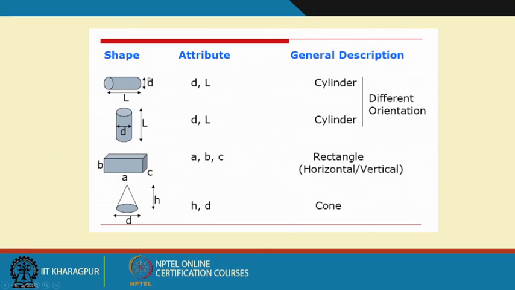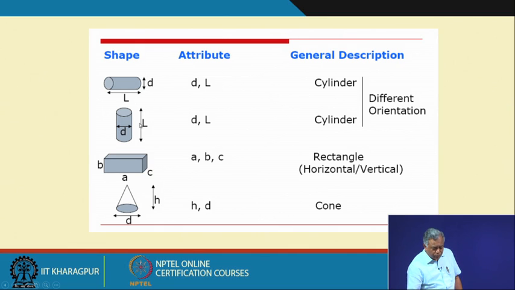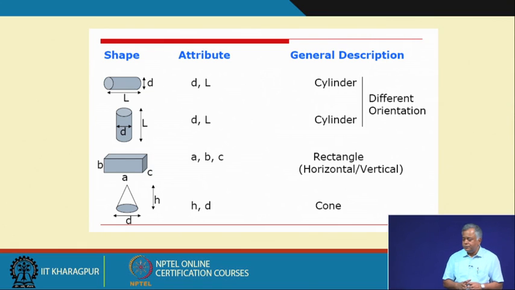So, this is the L and this is the D, but if you drop this, it will have different velocity. This thing we will discuss more when we talk about solid fluid interactions in subsequent lectures. So, this D and L, although they are fixed, whether we should define the shape on the basis of your L or D will depend on